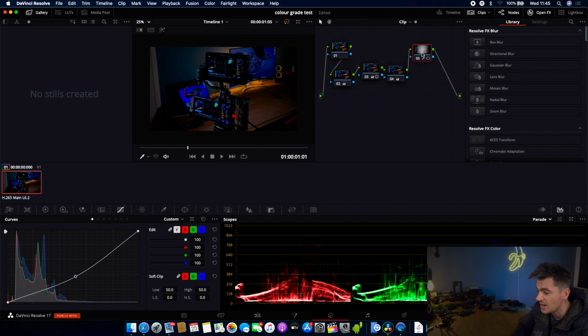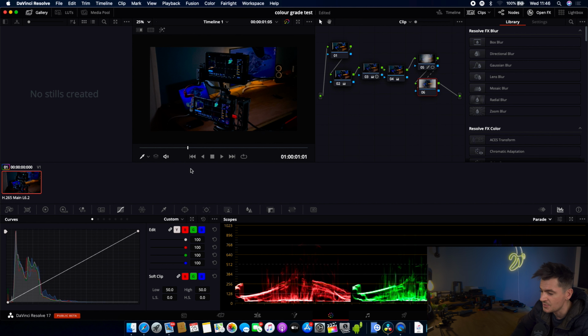If I wanted to, I could right click on this and add a node, and I could add an outside node. What the outside node does is create basically a copy of this node, but instead of affecting the area that was on the outside on the first node, this affects the area on the inside. So now if I click onto this node here,